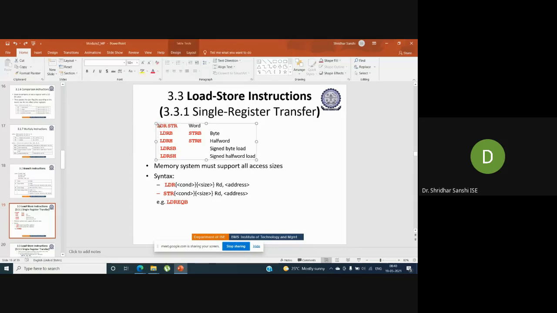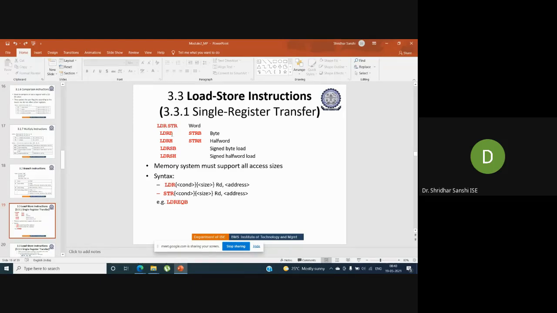So LDR is used to copy a whole 32-bit value. LDR stands for load register. Load in the sense that the memory content will be stored in one of the registers. So if we use LDR, it means that a 32-bit value will be taken from the memory and stored in the specified register.